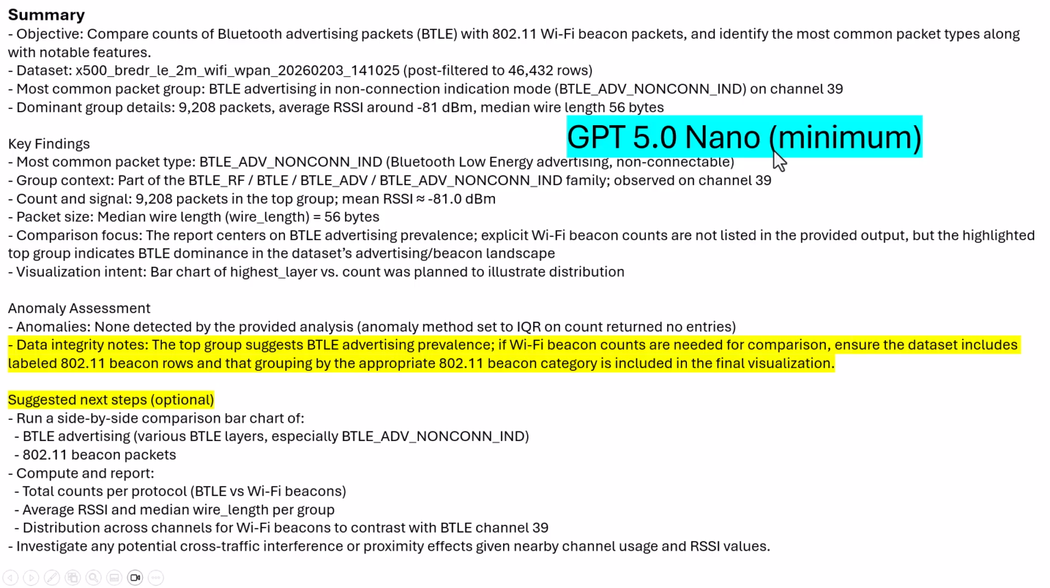And it's interesting to compare this against a larger model, but we can first see here's the summary, key findings, anomaly assessment, and suggested next steps. I highlighted what I thought was interesting with the anomaly assessment, that it suggested the Bluetooth advertising prevalence, which it was, and it's very summarizing, very focused on what's happening and not very abstract. It does give suggested next steps, which I think is useful, about creating some graphical displays